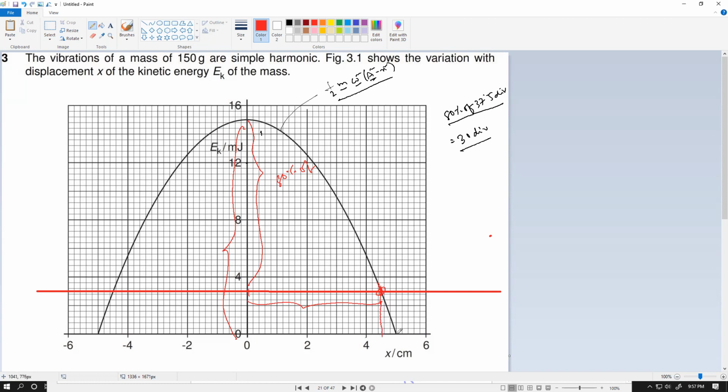This is 4, this is 5, so this should be how much? I think 4.5. Yes, sir. ঠিক আছে? So that gives you the advantage for using the graphical method, that you just have to accommodate in